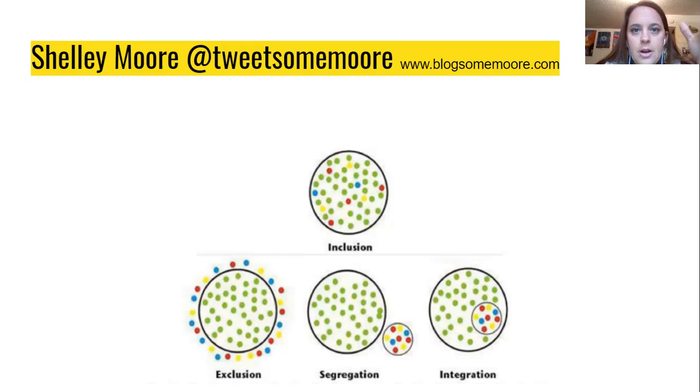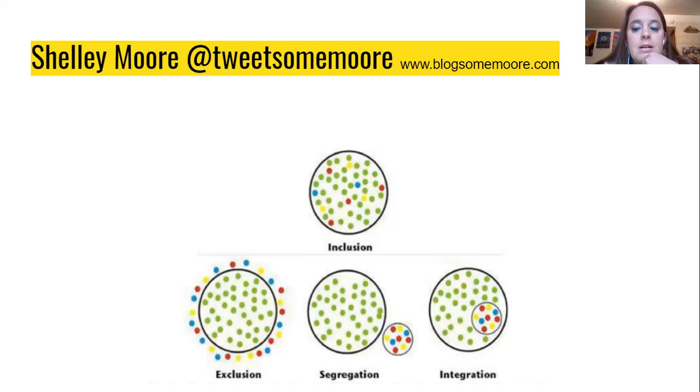So back in like the 1900s, we had no inclusion of people with disabilities or mental health issues, and anybody that was different, we did not have in school. They were excluded. Race and everything was different, right? And then we had segregation, where we had bubbles of people who were different that would have their own space, their own school, but you still did not see people with disabilities or different abilities that seemed different in school.